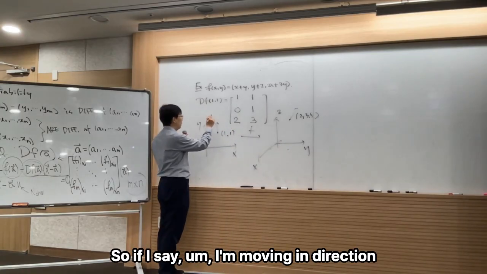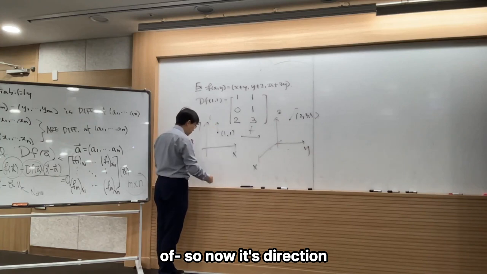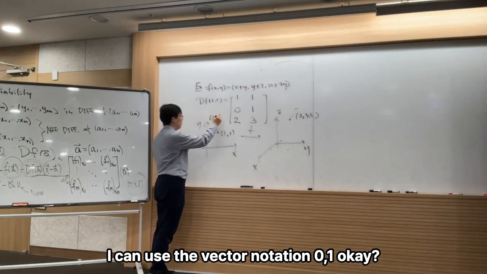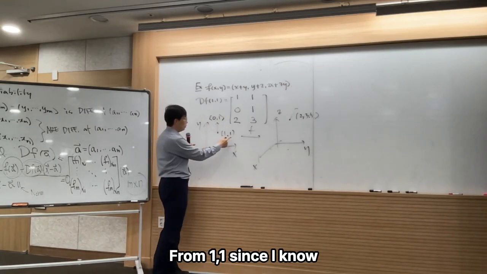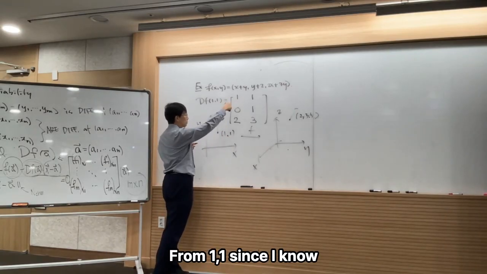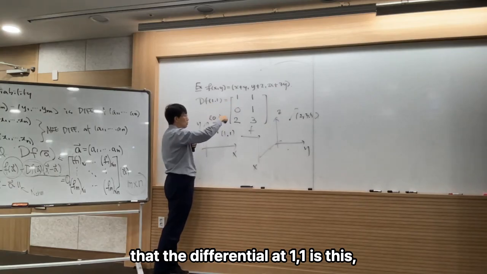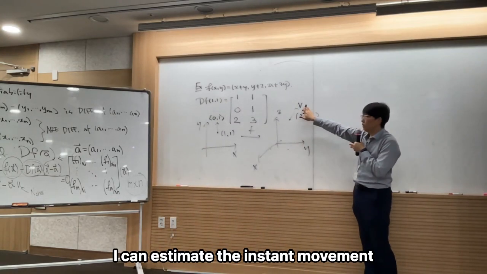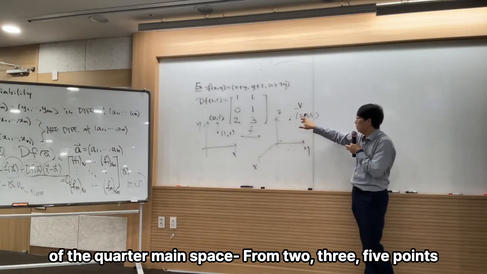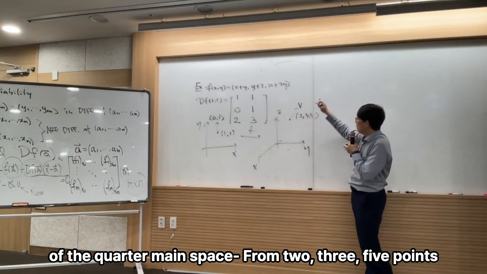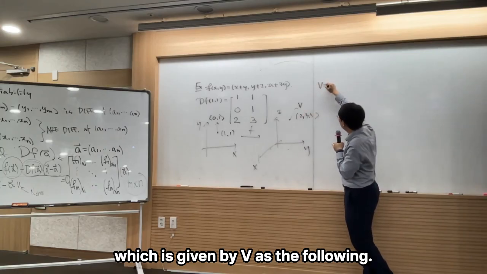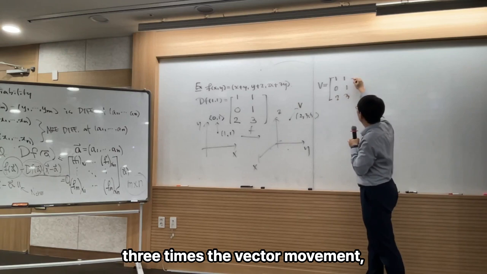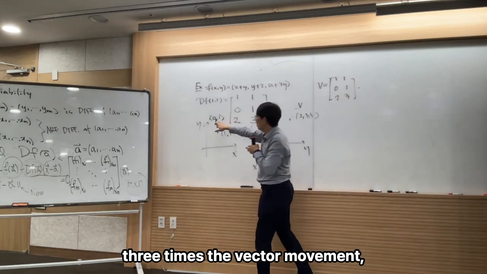If I say I'm moving in the direction of the vector 0, 1 from 1, 1, since I know the differential at 1, 1 is this, I can estimate the instant movement of the codomain space from the point 2, 3, 5, which is given by V as the following. So we have the matrix (1, 1), (0, 1), (2, 3) times the vector movement